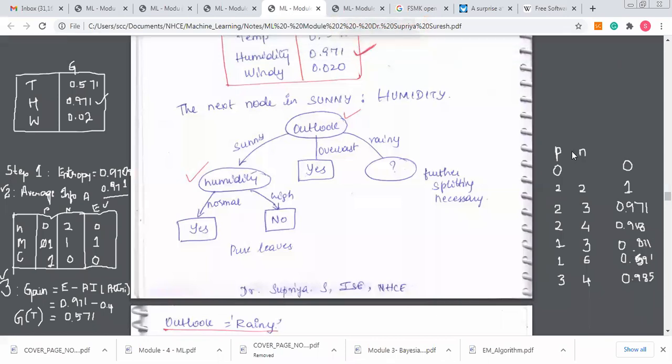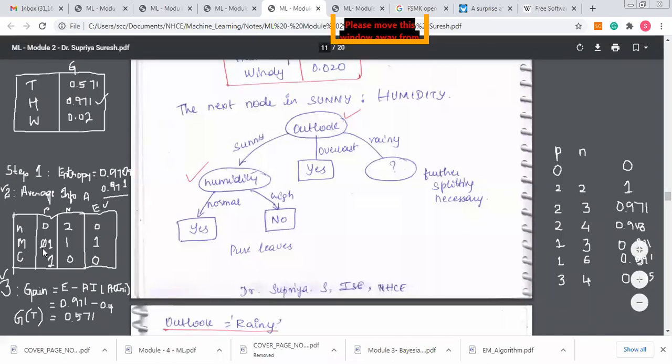Yes, ma'am. Okay, so then we have the other part of it, calculating outlook with respect to Rainy. Let us finish that and stop it. Meanwhile, I'll take your attendance. So you calculate outlook with respect to Rainy. Now create a new table, perform all of these steps that we have done on the left-hand side, and come up with the output of it.